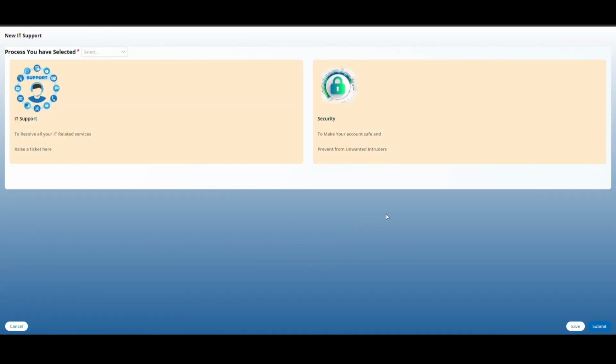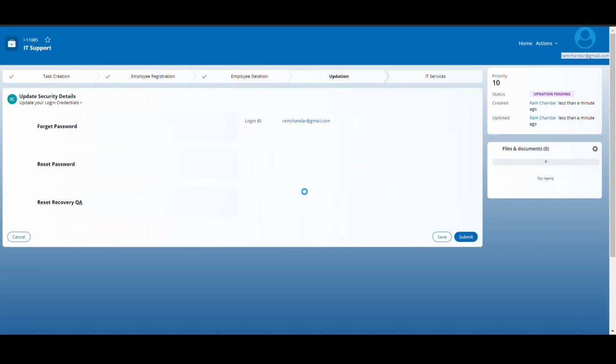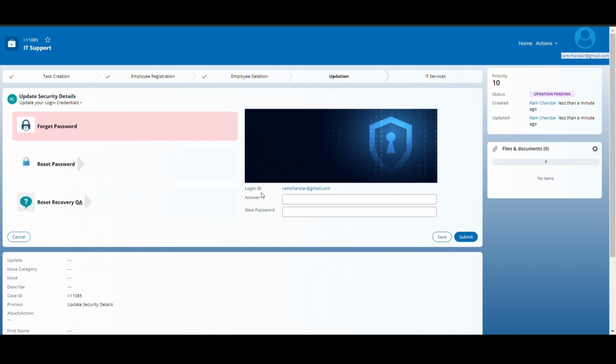We have seen the password update. Now we are going to see another security credential operation, like setting the recovery question and answer and changing the password using that recovery question. On clicking forgot password, it asks for the answer and the new password. We haven't set any question and answer for this particular operator ID. Now we are going to set a question.